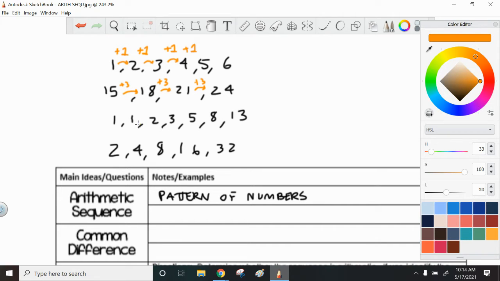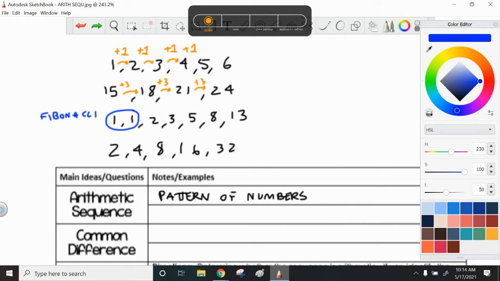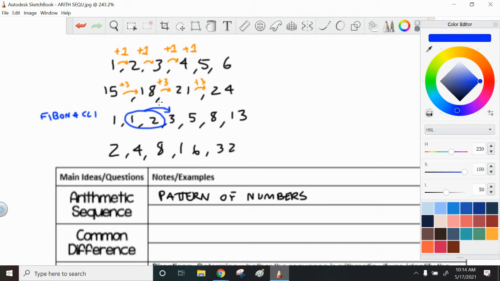If you look at this third one, some of you may have seen this before, it's a little cliche, it comes up all the time in math. This is called the Fibonacci Sequence. It comes up in the Da Vinci Code movie and stuff like that. What it is, you take the 2 numbers and you add them up to make what comes next. So 1 plus 1 makes 2, and then you take those 2 numbers, 1 and 2 makes 3,